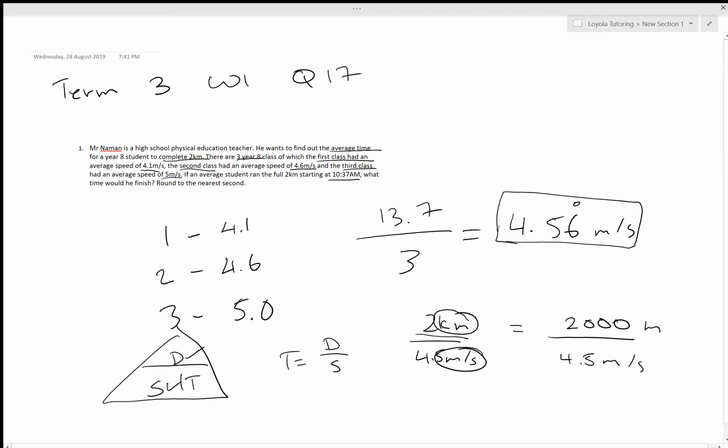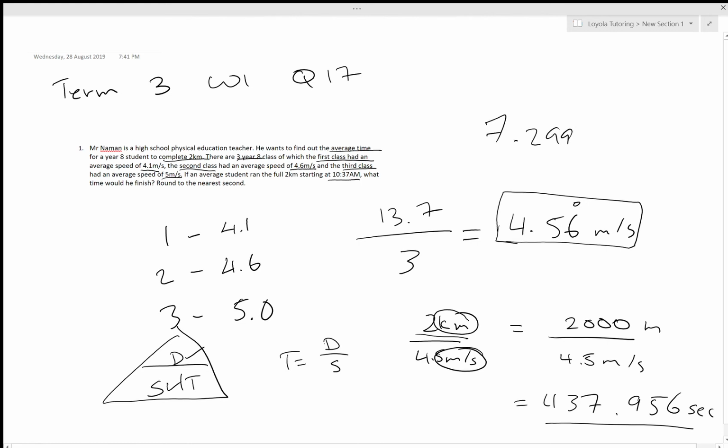So now our time would be 437.956 seconds. And the question says to find what time the average student would finish, rounding to the nearest second. So the way to do it is to convert these seconds into minutes. So you divide by 60 and you would get